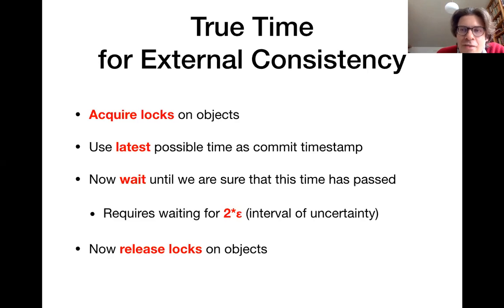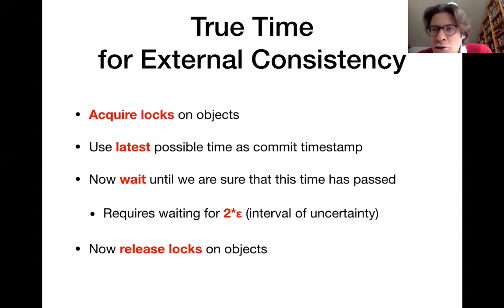We essentially wait out the uncertainty in time, which means that we have to wait for 2 times epsilon, which is just the width of this interval of time uncertainty. And if we wait for this amount of time, then we are sure afterwards that our commit timestamp is now in the past. Because we have waited long enough, we can be sure that this point in time has already passed. And once we are sure of that, we can release the locks on all of our objects,